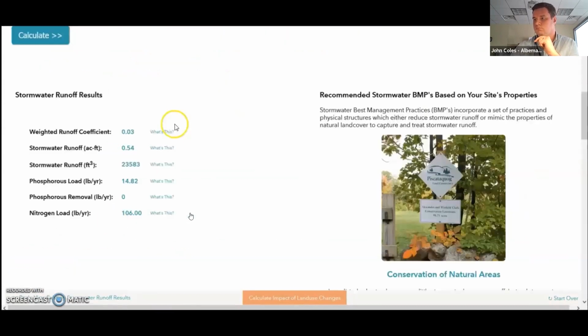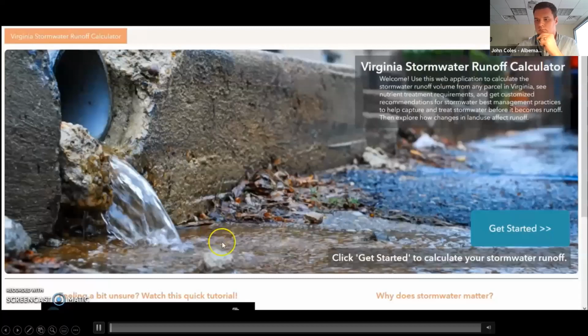Throughout the application, various users. All right. Well, welcome to the Virginia Stormwater Runoff Calculator. The first page of